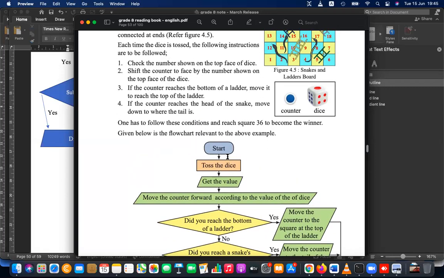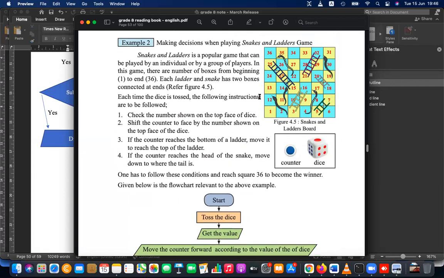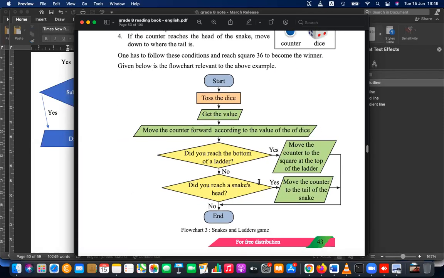Here it's like this: if you reach the bottom of the ladder, move the counter to the square at the top of the ladder. But if you reach the head of the snake, then go to the tail of the snake and end.